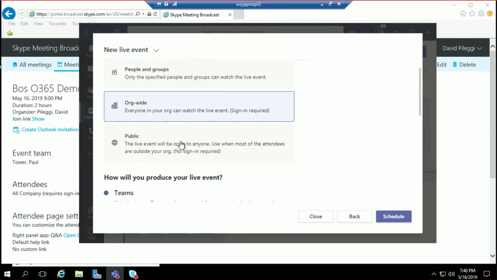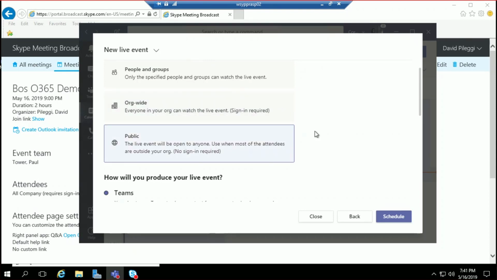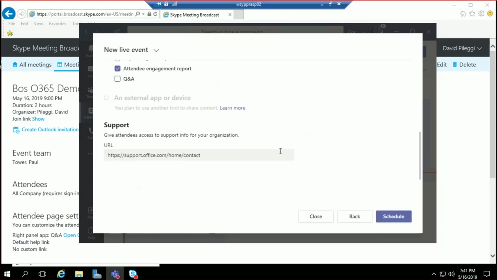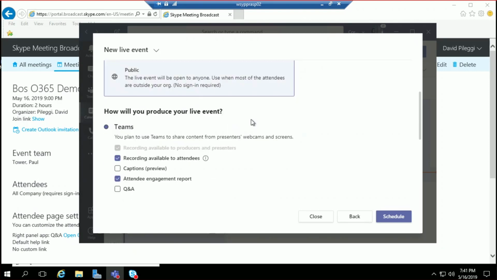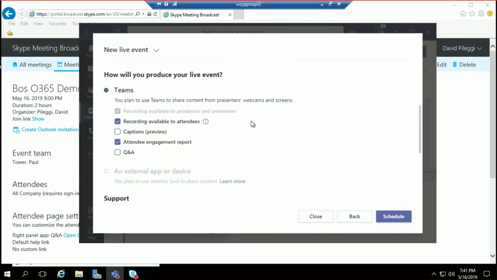People in groups or wide in public. Understand, if I click public and I scroll down here, I do not have the option for using an external encoder. Have a nice day, right? I know. It's not here yet. It's coming. It's not here yet. However, that being said, so what does it use? Is it just PowerPoint or? No, it uses the same Microsoft service encoder